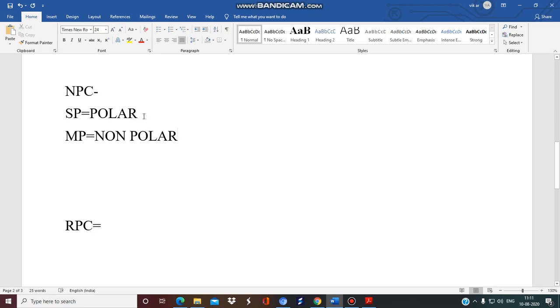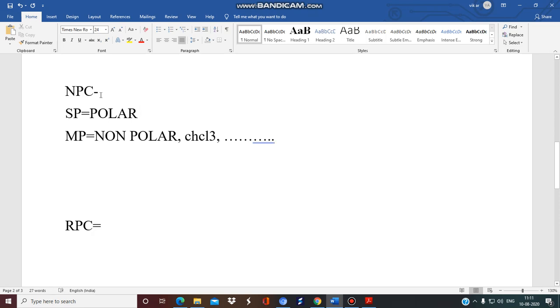I hope you have a brief idea about polar and non-polar. Just remember this thing: polar compounds like silica gel G are directly mixed in water because water is also polar, and we know the basic principle, like dissolves like. Non-polar examples include chloroform, CHCl3, methanol, ethanol, etc. There are a number of examples of non-polar organic solvents.